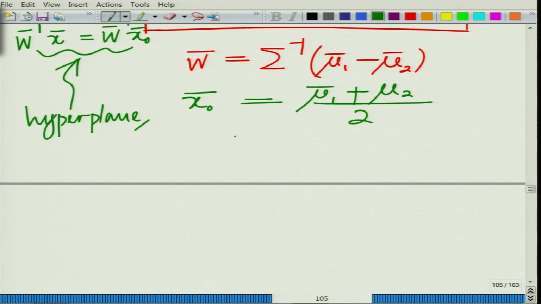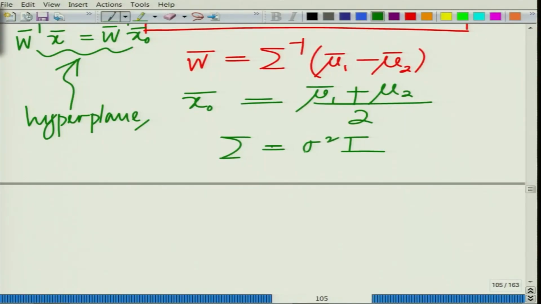Let us set sigma, that is the capital matrix sigma, equal to sigma square times identity, considering independent identically distributed Gaussian random variables. We know that when the covariance is proportional to identity, that corresponds to independent identically distributed Gaussian, that is a Gaussian random vector with independent identically distributed Gaussian random components. Okay. Now, therefore, this is essentially for IID Gaussian components. This has a very interesting